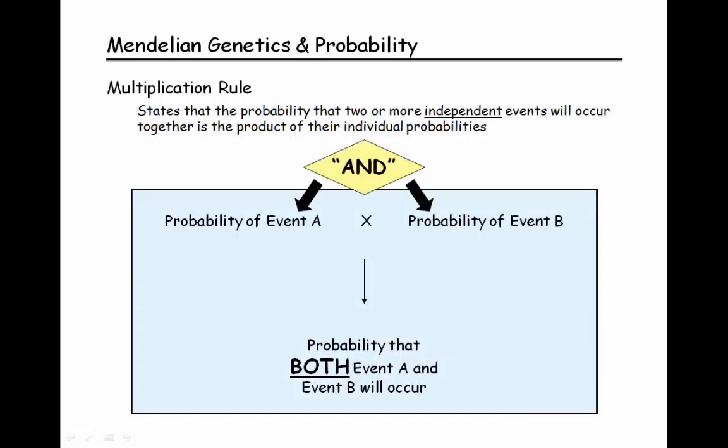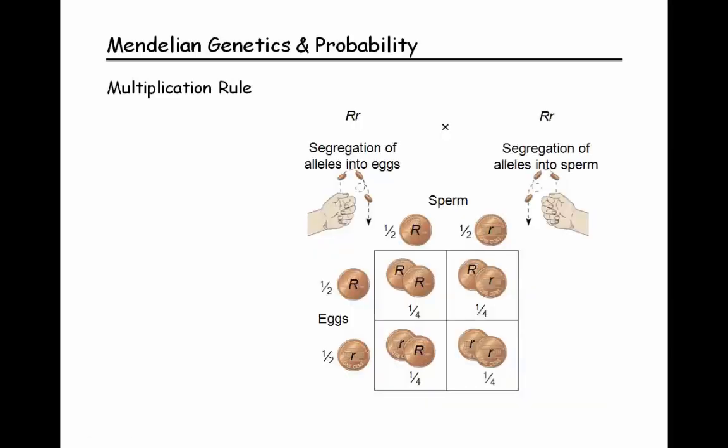Now this is typically what we call our AND rule, because we want the probability that we're going to get event A and we're going to get event B. If you talk yourself through a lot of the problems that you're going to go through, the genetic crosses, you will find yourself saying "and", and that is a clue that we're going to be using the multiplication rule. Now we've already used the multiplication rule a little bit. We didn't really think about it as the multiplication rule at the time, but notice if we look at this